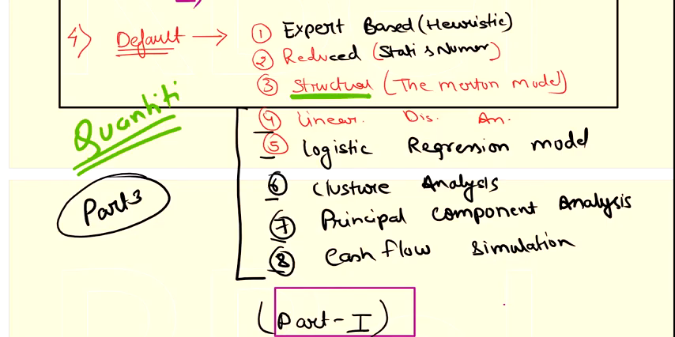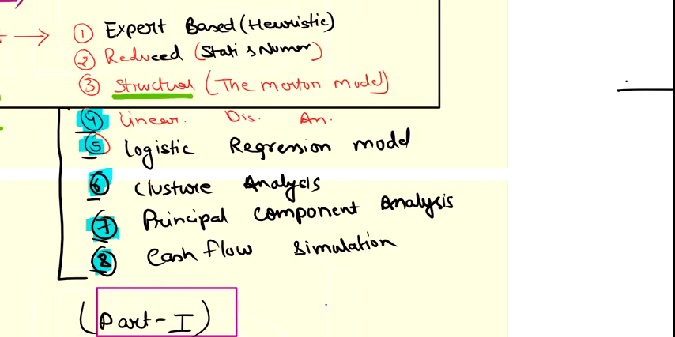Okay, so in this lecture we will start with part 3, and these all are methods of calculation, that is linear discriminant analysis, logistic regression model, cluster analysis, principal component analysis, and cash flow simulation. So first of all I want to tell you something, that we don't have any kind of calculation for all